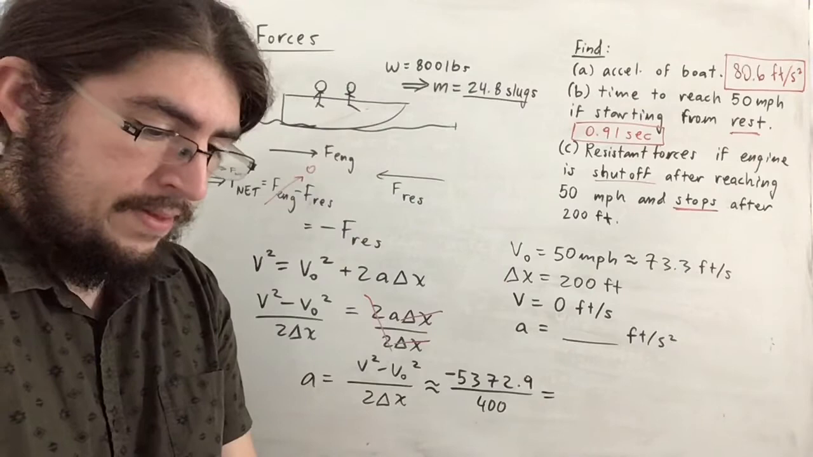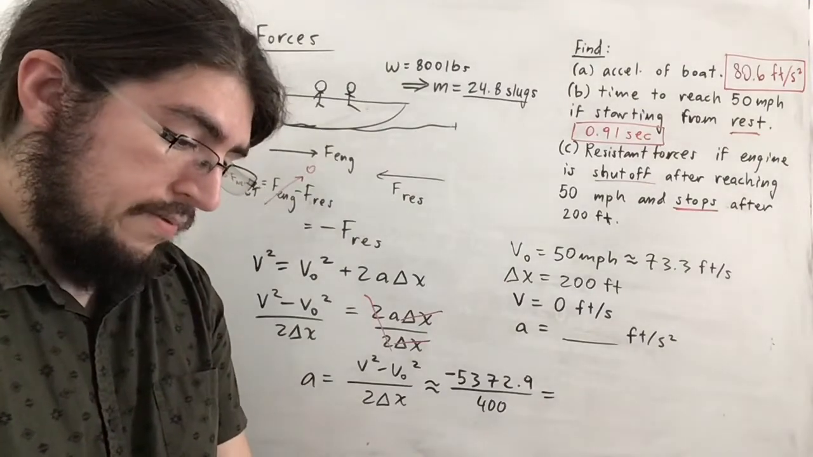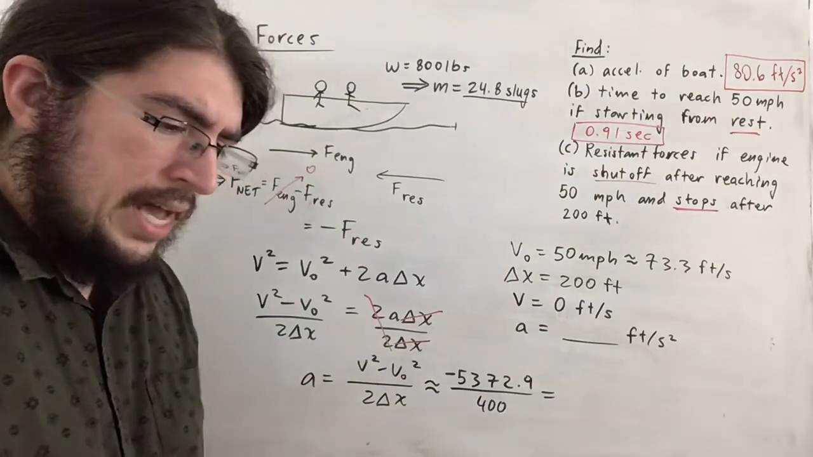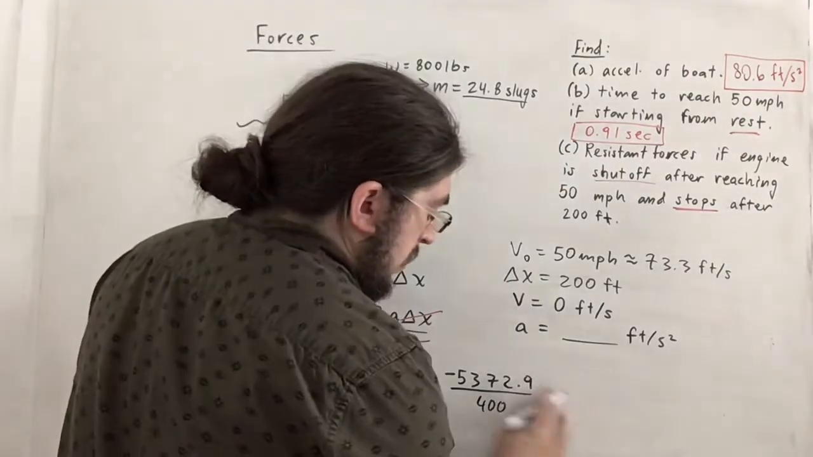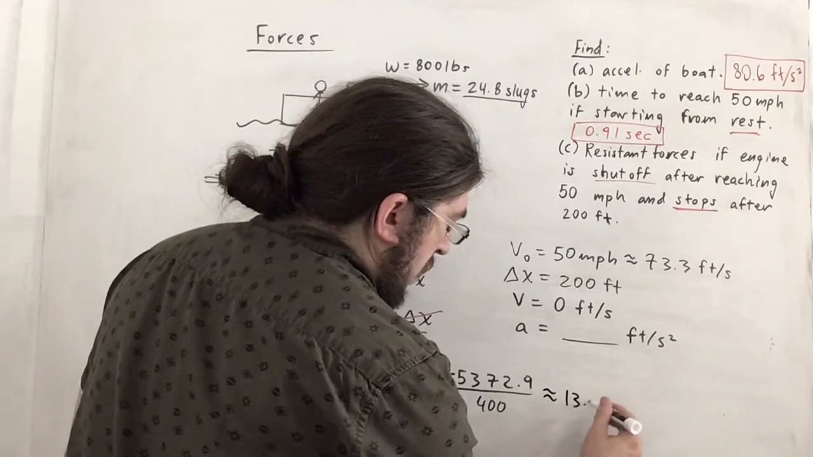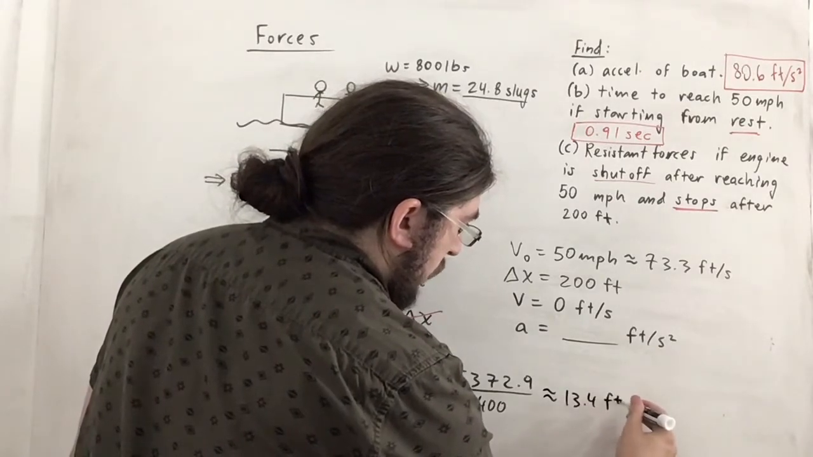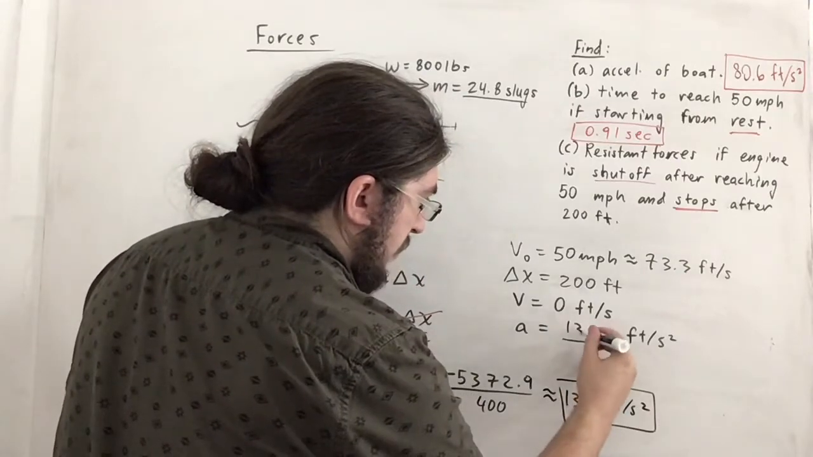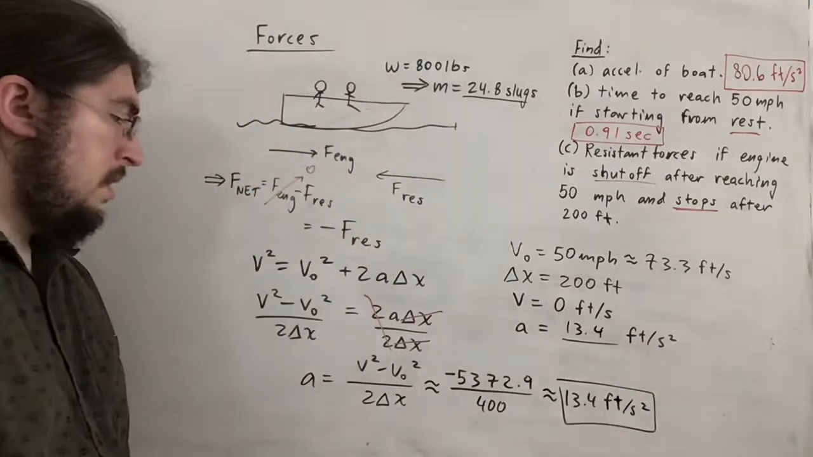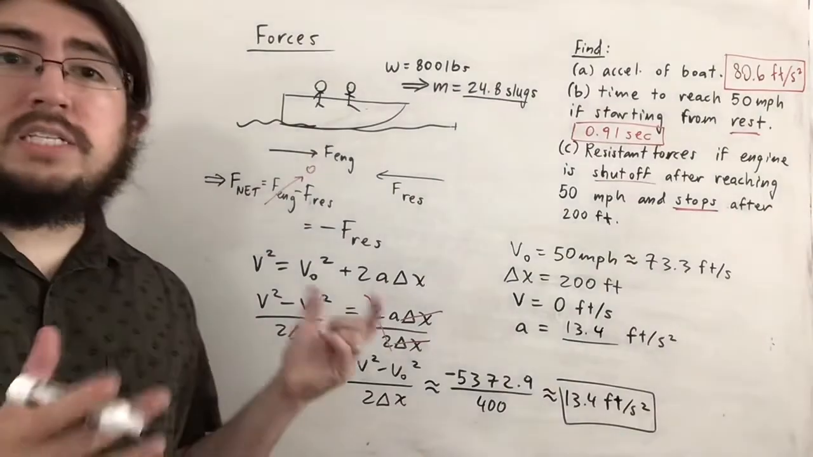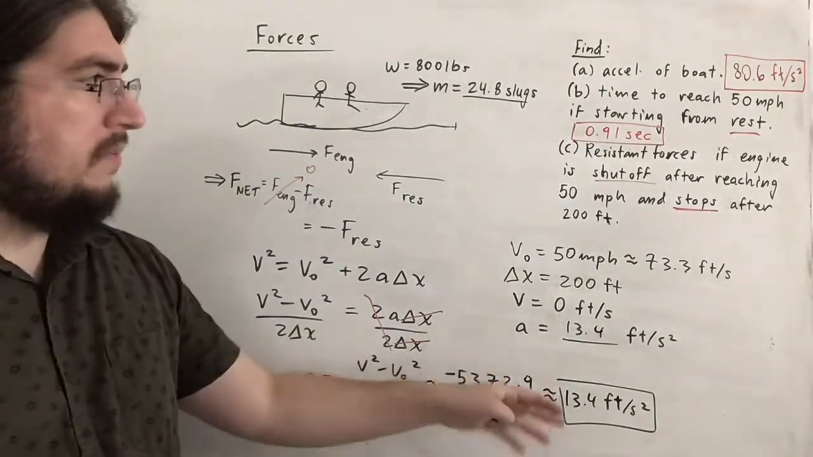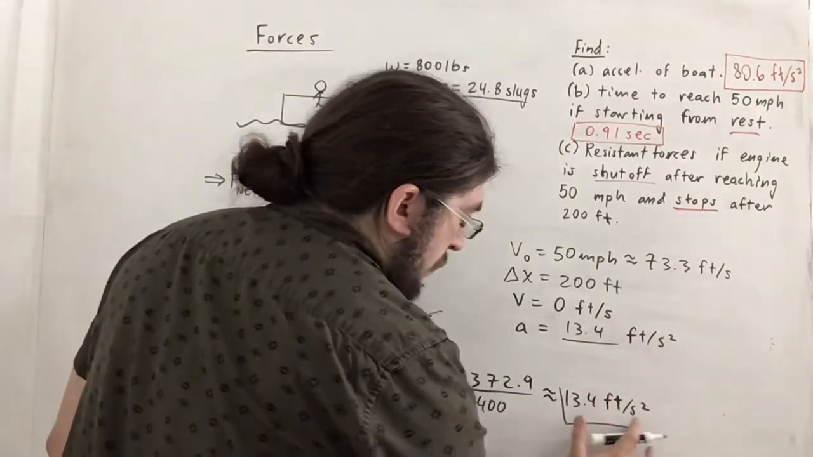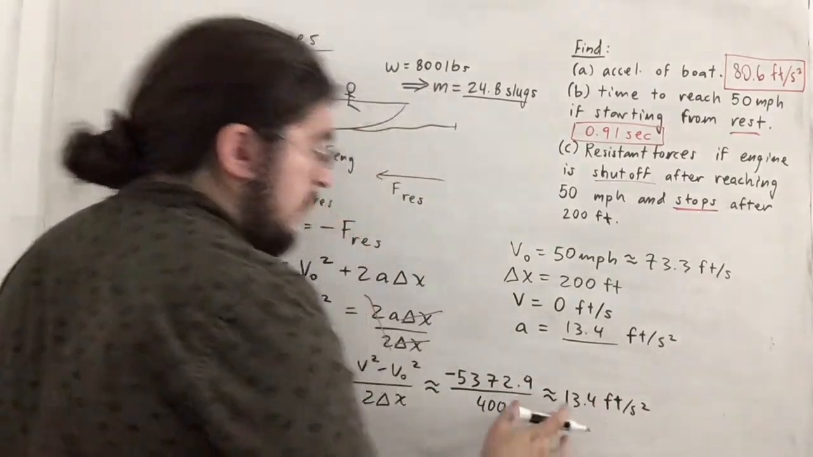Let me just make sure I have the estimation correct. Yeah, I got about 13.4. So this is about 13.4, and that's in feet per second squared. So I'll just write it here for completion. Perfect. Oh, that wasn't our answer though, was it? Because we're not trying to find that, it's asking to find resistant forces. So I probably shouldn't actually box this, but this is a pretty good achievement